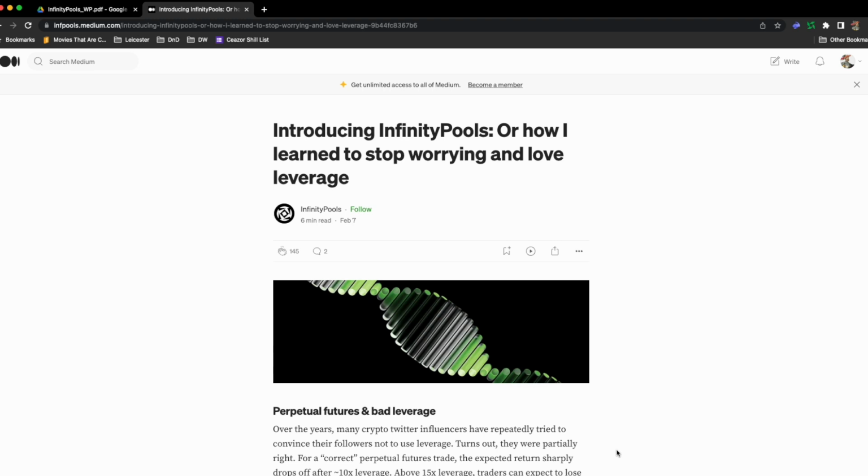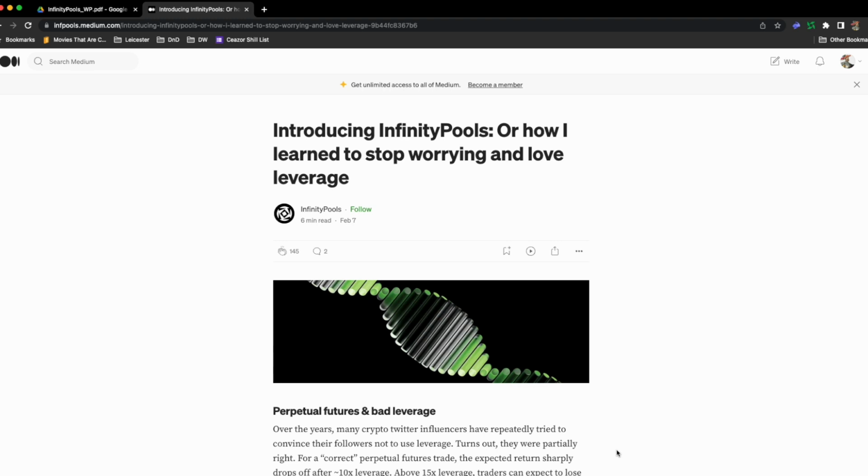Today I'm taking a quick look at infinity pools. I've been meaning to look at this for a little while. Some people told me about it, and today I took a look at this one. I know there's another one out already called Good Entry or something like that. But anyways, this is the one I just decided to look at, so there might be similarities. I might look at the other one, and if it's significantly different, I might make a video on it. And if not, I'll just use this as my reference to how these things work.